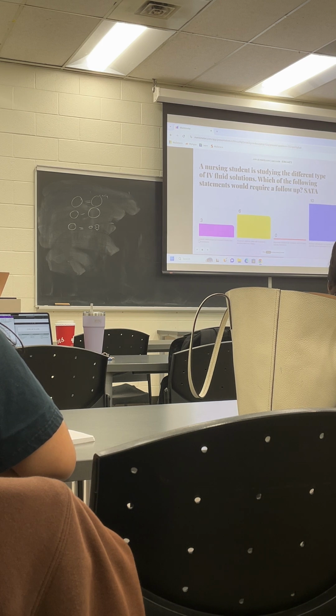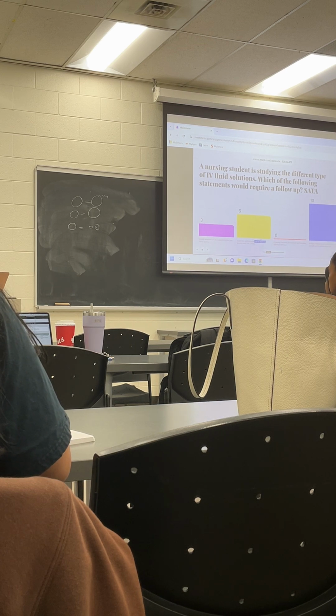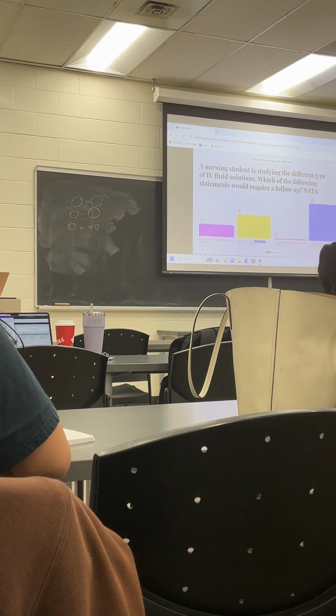So the first one here, isotonic solutions have an osmolarity higher than plasma. That's false, right? Because what is it? It's homeostatic, it's equal, right? So A is incorrect. B is hypotonic solutions cause cells to shrink. Is that true? No. We know it's false because with hypo, the cell becomes larger. C, hypertonic solutions are commonly used to replace fluid losses. Is that true? No, it's also false because it's usually given for dehydration.